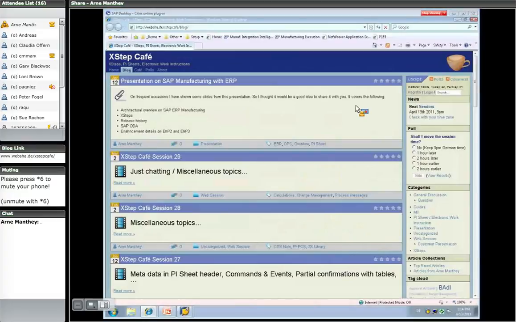Arnie, this is Sue. I have a question for the group, actually. One of our issues that we've come up with recently is we have XSteps deployed, just for those who don't know, in over 600 or 800 recipes. And, of course, when you create the process order, it's possible for the planner to change the requirement quantity of the materials within the process order, which for us here at IDEX is considered a recipe change and is not allowed. So we're putting in place some things to prevent that from happening, but I'm wondering from a practice standpoint